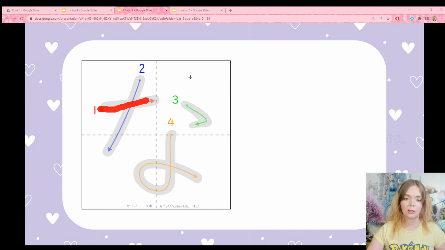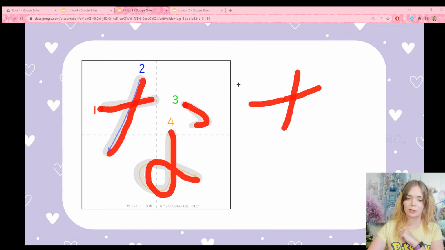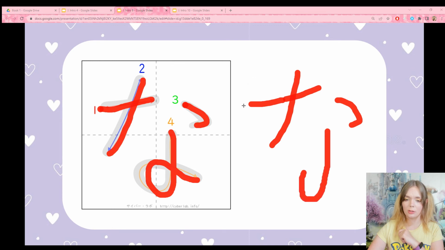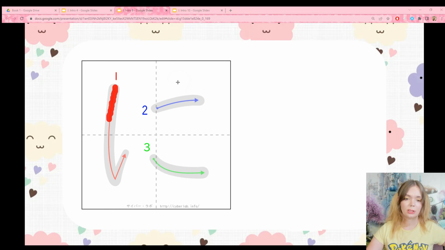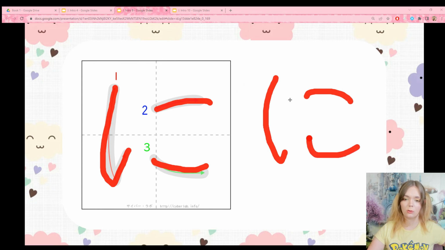For na, we have the lines across. Then this one is slightly tilted. It is not straight up and down. Then we have her little hat here and a little squiggle for her body. Let's do it one more time. Go across for your cross. Give her a little hat. And don't forget her body. There we go. Ni is pretty easy. Bring it down, flick it up, and then make ko. It looks just like ko. One more time for good measure. Bring it down, flick it up, and then make ko.